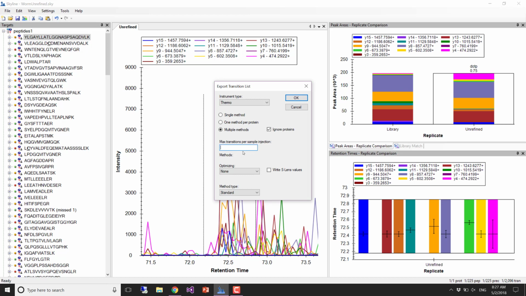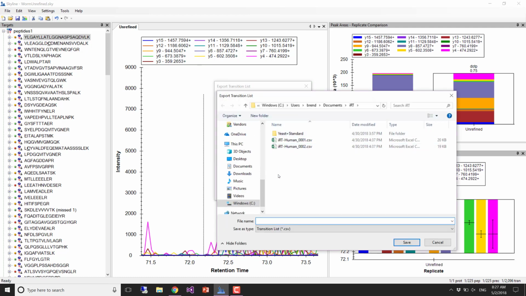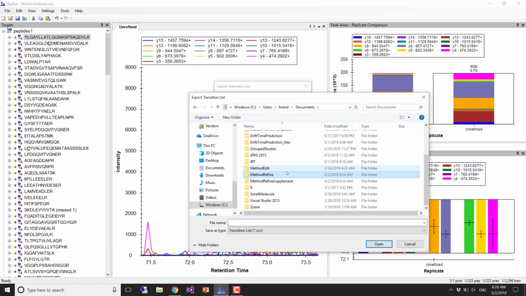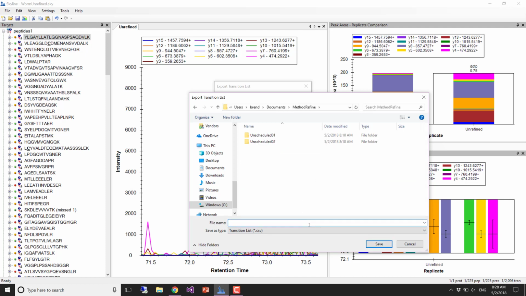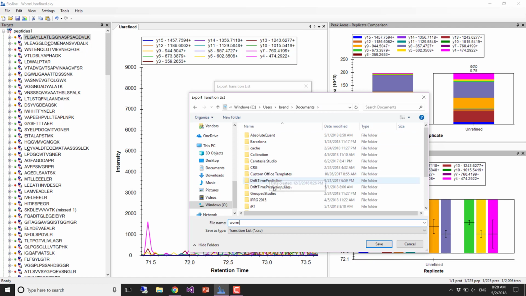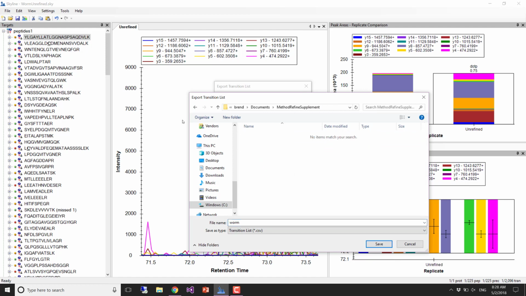But yeah, so let's type in 59. Now we get the 39 methods, and we could then export those to documents. Let's go ahead and go through it, and we'll take a look. So if you just put this, and we'll call it worm. Actually, let's put it in the supplement. If you go to documents, and you have a worm, it doesn't really matter where you put it, but if you put worm as the name,